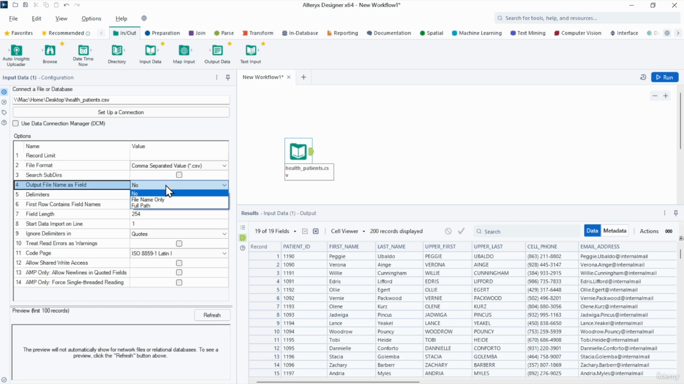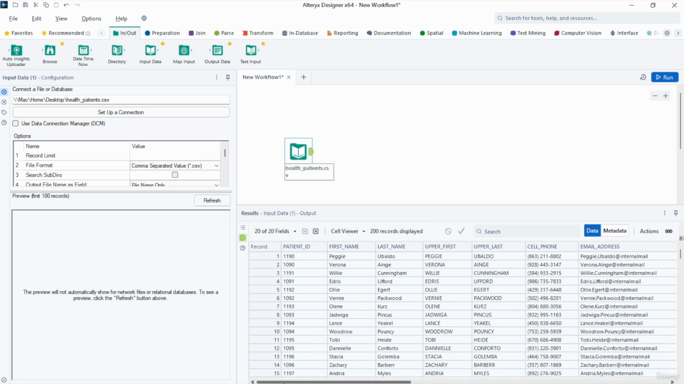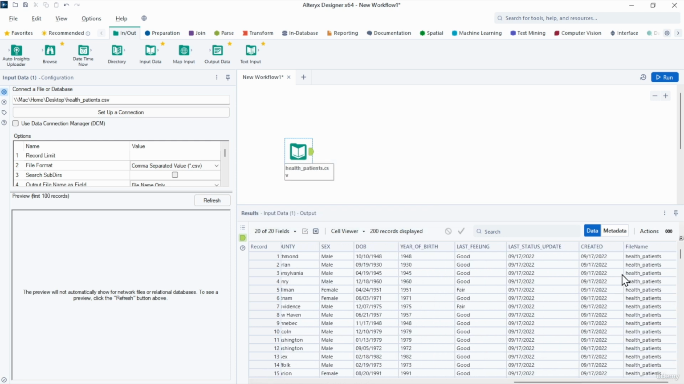If you select the dropdown, you can choose file name only or full path. If I choose file name only, let me run the workflow. So what happens now is there should be an additional column right at the end with the file name. And if I change this again,